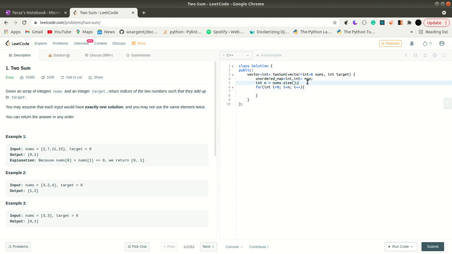Before that, I'll also create a vector because we have to return a vector, right? So the vector v is there. Now I'll find the complement, and complement is equal to the target value minus the current number. Now we'll try to find if the complement is already present in the map or not. If map dot count complement,